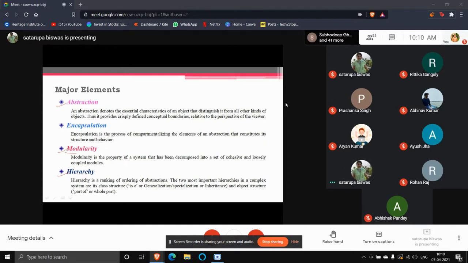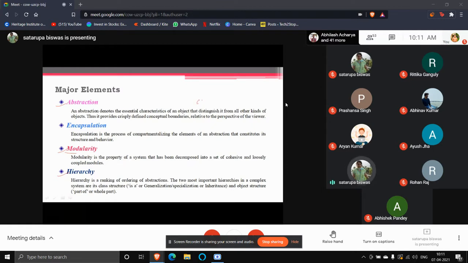So as the system is an abstract system, it has to be divided into a number of modules. And when a team is working on a module, that team will not interfere in the other modules. So that comes to the modularity. And when you are incorporating all the modules together to form a system, that is the hierarchy. So the interrelated modules, you are clubbing them together to make the next level of hierarchy. And in that way, it will go on.